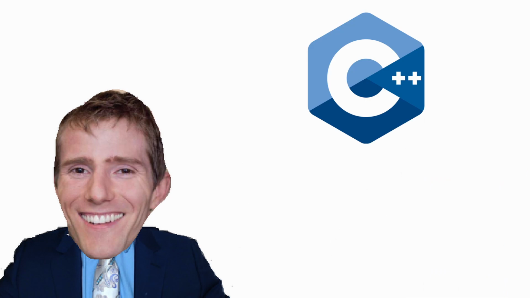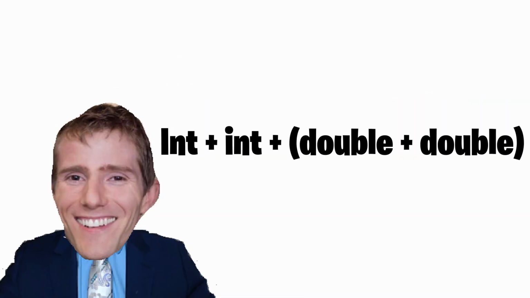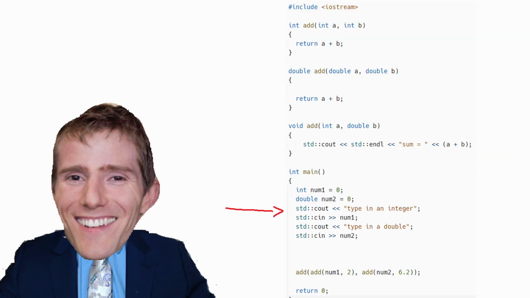C++ supports something called function overloading, which means that it has a bunch of different functions with the same name. But how is that useful, you may ask? Well, let's say we have this scenario. We want to add an integer and a double and then print out the result. So we first ask for an integer by the user, then we ask for a double, and the program then